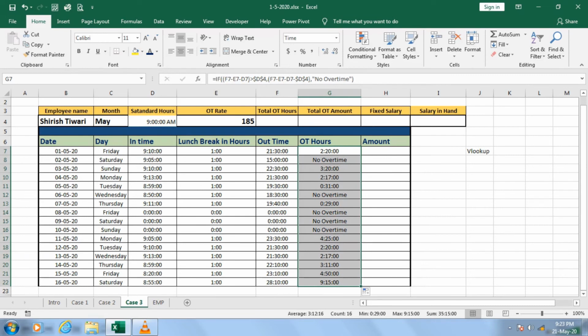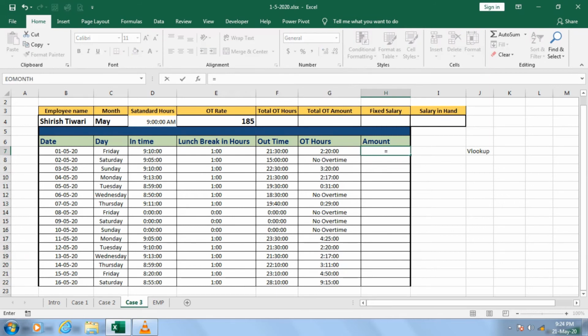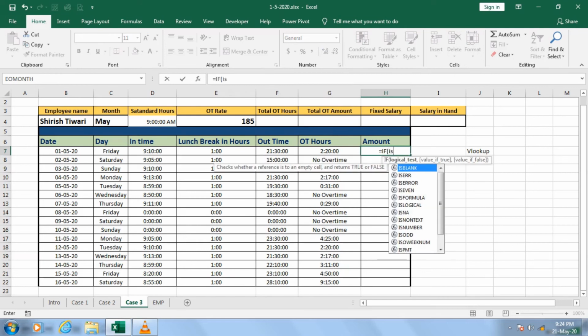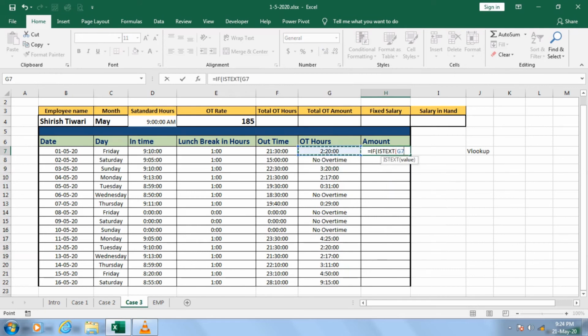Yes. So you need to analyze where you are making mistakes. See, mistakes give you the opportunity to learn something. I made a mistake, that means I'm learning, so you have to find your mistakes yourself. Then again I'm using the formula called IF. First of all, find ISTEXT. If this is text, then we will not do anything, or otherwise what I'm going to do is multiply this with this 185, that is fixed. Okay guys, and then finally close it and enter it.